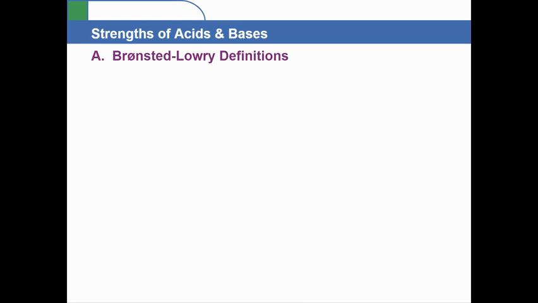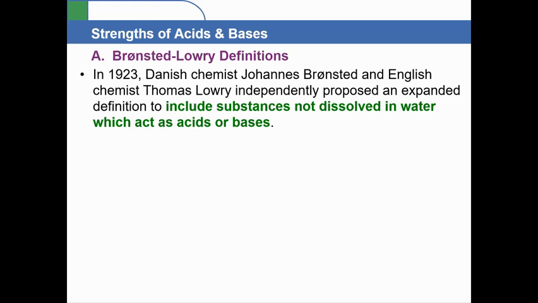So a couple of scientists, one Danish chemist by the name of Johann Bronsted and an English chemist, Thomas Lowry, independently proposed an expanded definition which includes substances that are not dissolved in water, yet which still act as acids or bases. They jointly share the accolades because they both came up with it independently at the same time. But according to them, and this is a good definition,